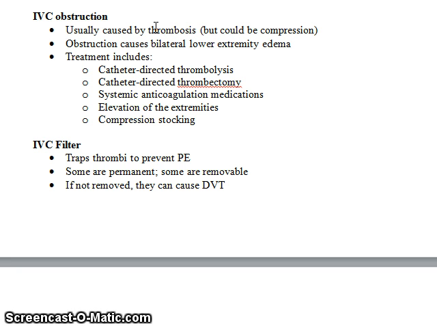Blood clots are more common on the venous side because of that low flow. Now, the obstruction could also be caused by compression, like a woman who is pregnant in her last trimester. The baby could actually be pressing on the inferior vena cava, which also could cause obstruction. But for whatever the reason,